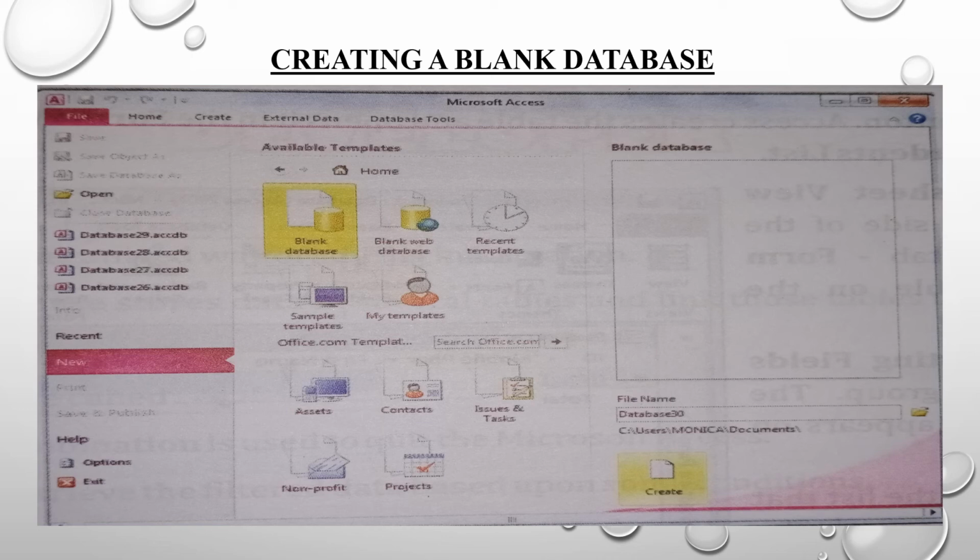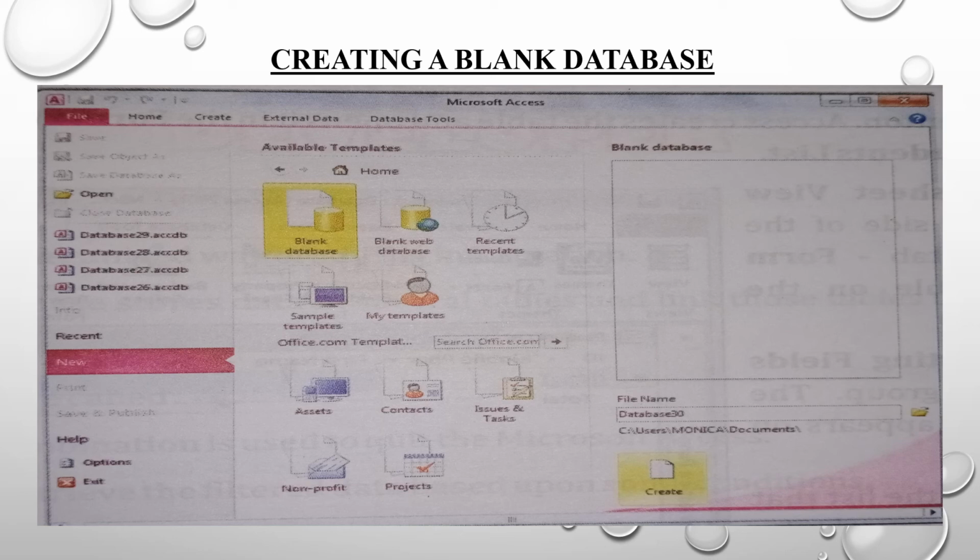After that, you will get a blank database task pane on the right that prompts you to create a file. Specify the file name in the file name text box. If you require, you can change the path from the browse button.